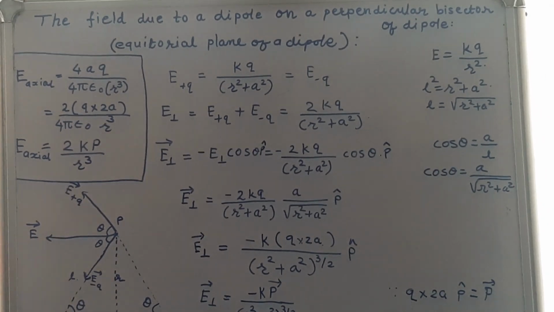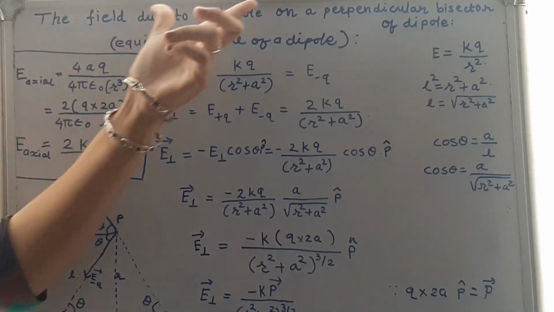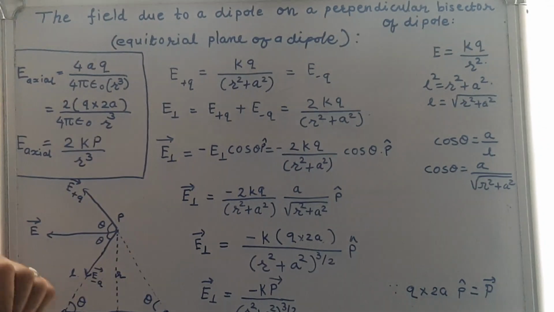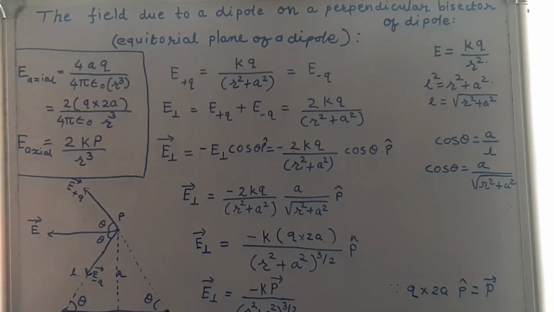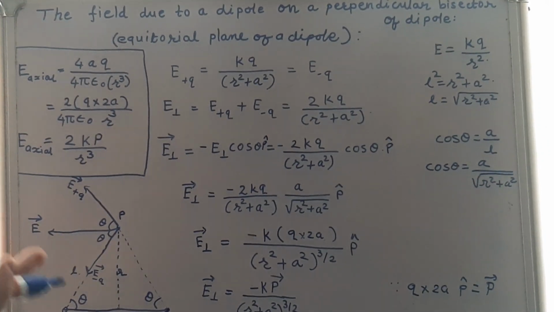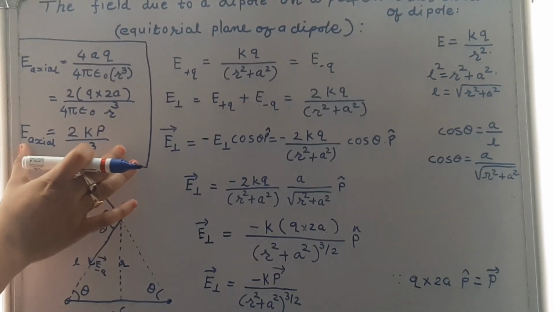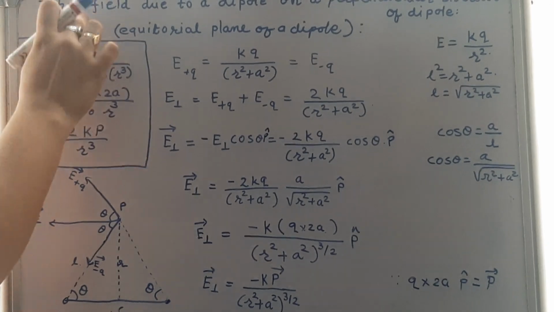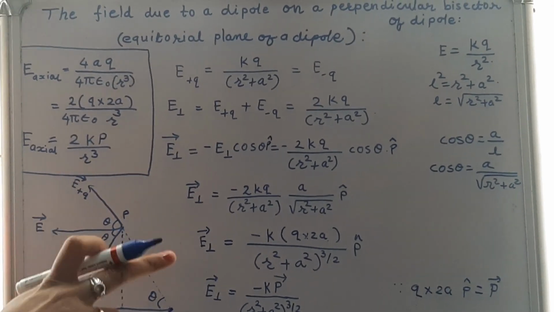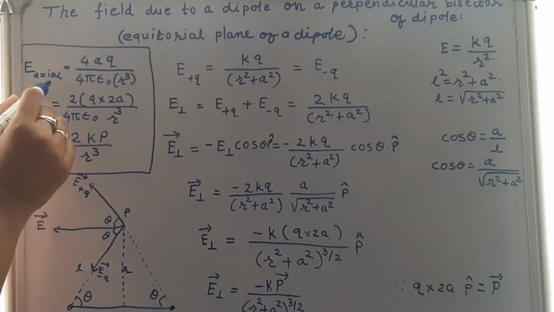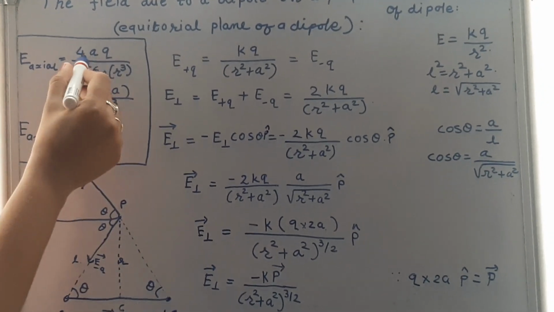Hello friends, today's topic is the field due to a dipole on the perpendicular bisector of the dipole. In my earlier video, we discussed the field on the dipole axis. If the point is on the dipole axis, we have proved that E axial is equal to 4aq